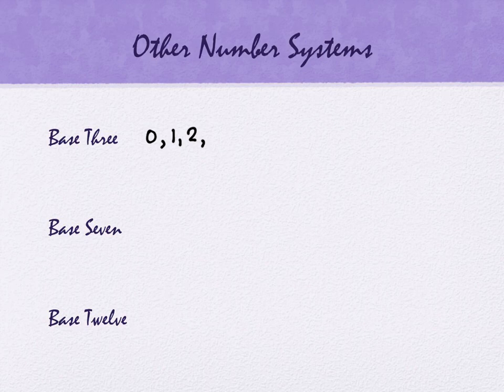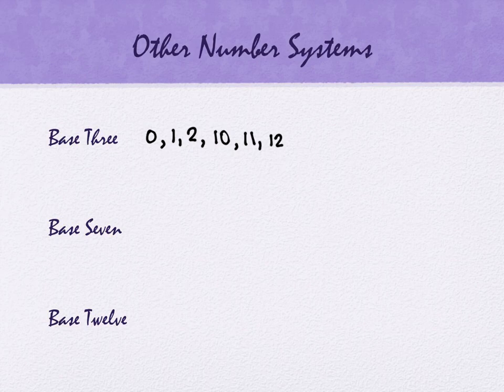And when you run out of digits, you do the same thing you do in base 10, right? You go to a 1 with a 0. This isn't the number 10 now. I know it looks like it. It's 1, 0. And then you increase from there. You've got 1, 1, and then you've got 1, 2, and then you've again run out of digits in the